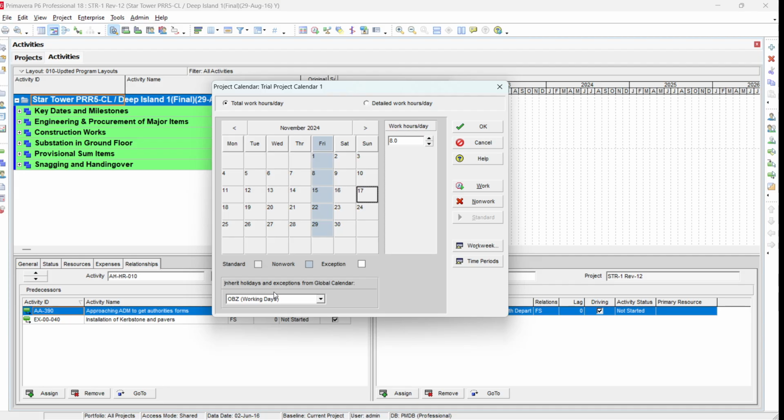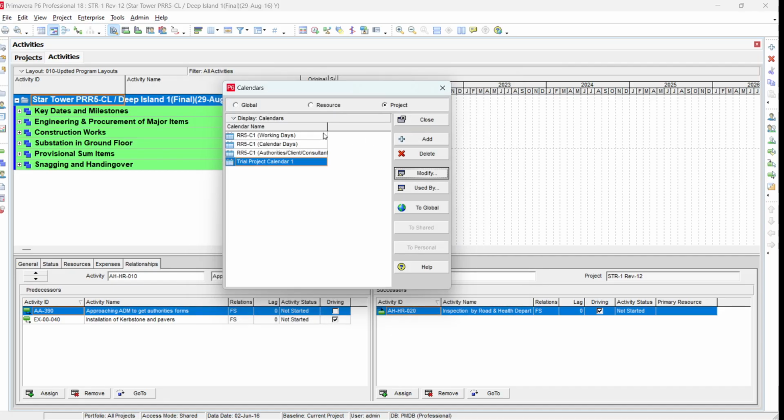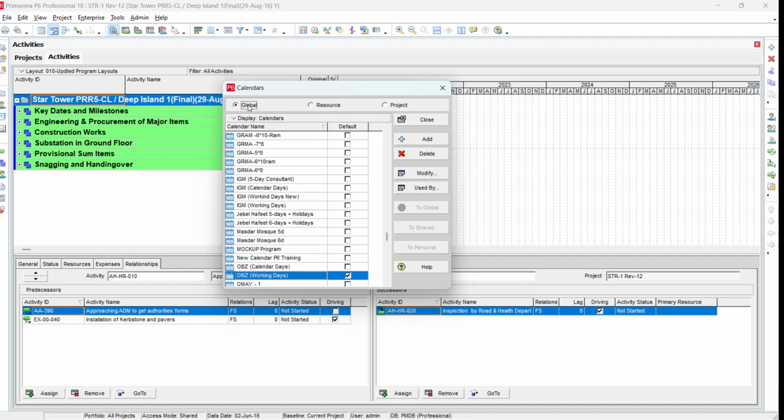Inherit holidays and exceptions from the global calendar means this calendar is linked with the OBZ working days calendar. So any change to work holidays and working hours or non-working hours defined in this calendar will be inherited here in this project calendar also. So now if you close this one and select the global calendar,